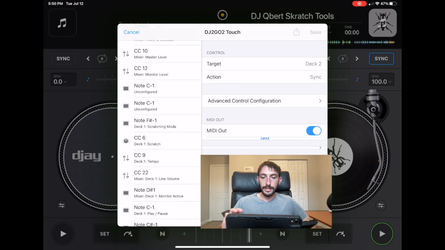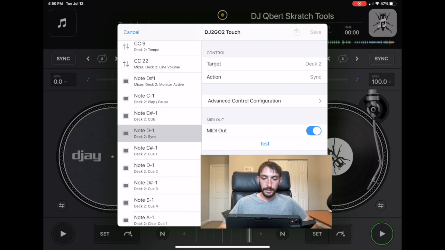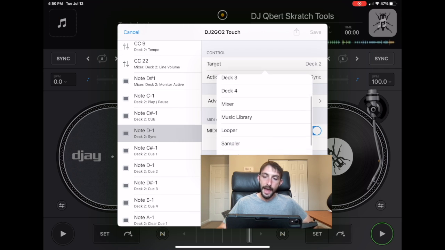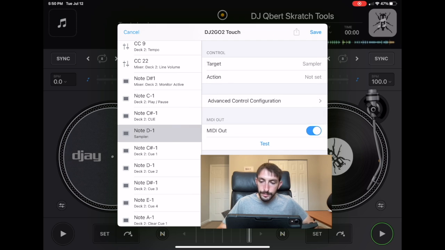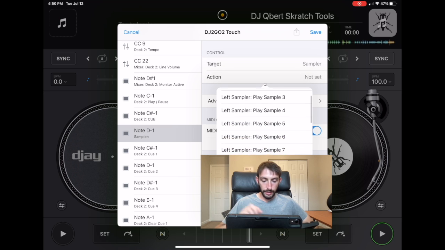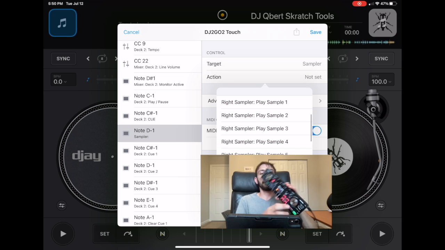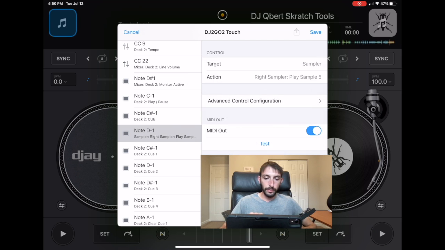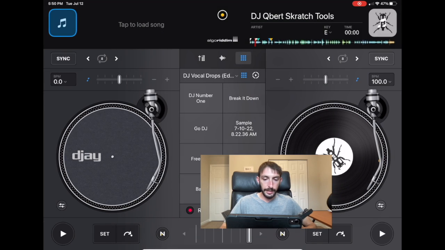So it's deck to sync. Let's do target is going to be sampler. And then we could set play because with this controller we have 4 buttons, but let's add a 5th one. So there we go. We added a 5th one. So now if we go over here where we could see it in looper mode,